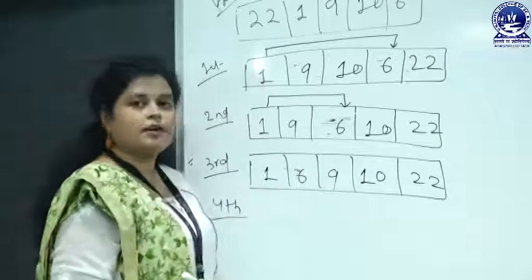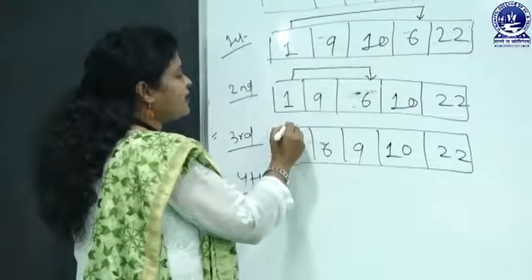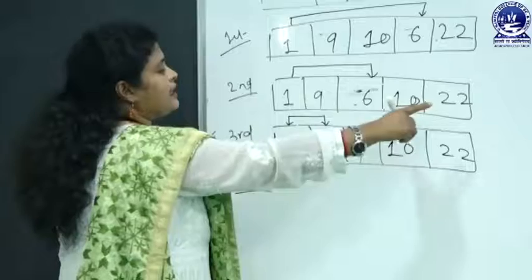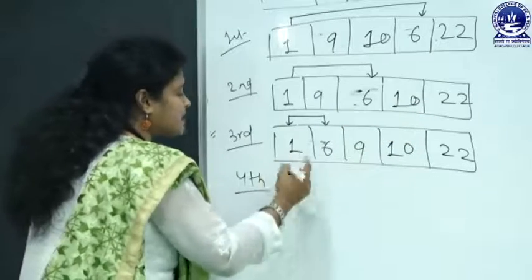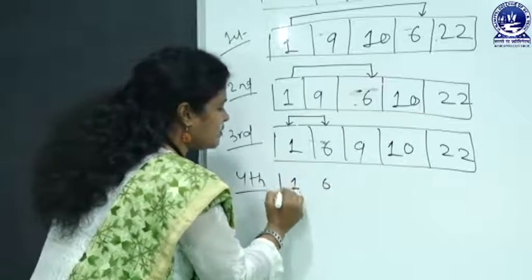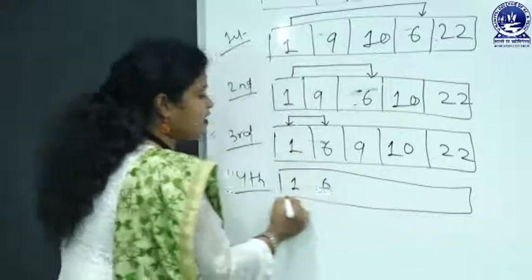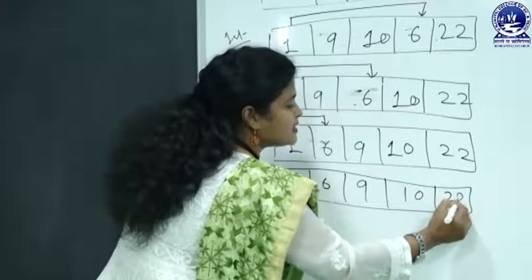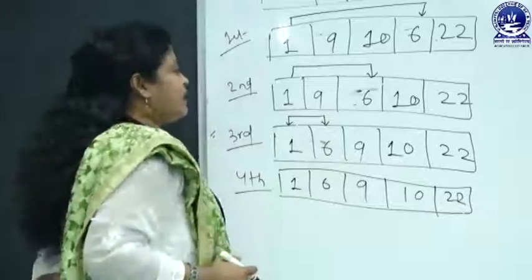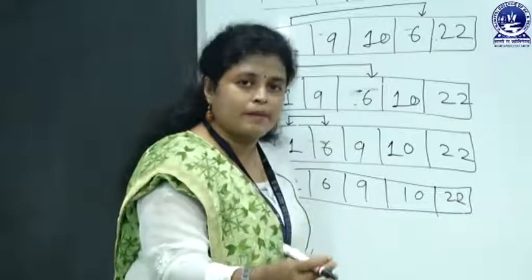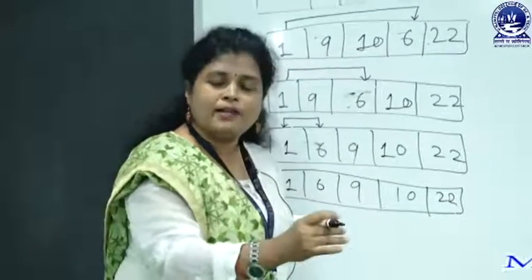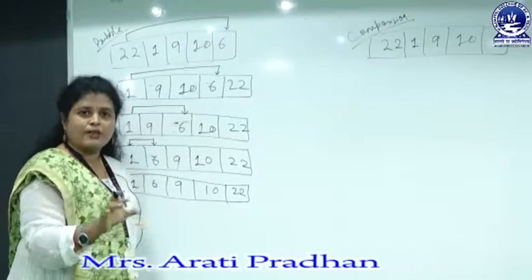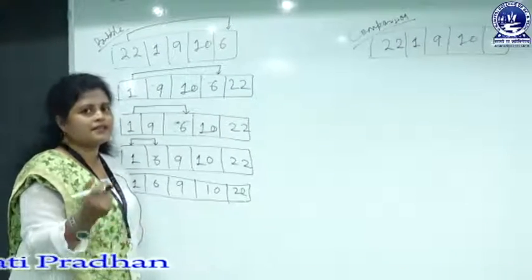Then we will discuss the fourth iteration. When we talk about the fourth iteration, we will take this many elements, because all are in proper position. So 1, 6, yes, all these are in proper position, and here there is no need of swapping. This is another rule of bubble sort: when there is no requirement of swapping in one iteration, the loop will be stopped, because the list is already sorted.